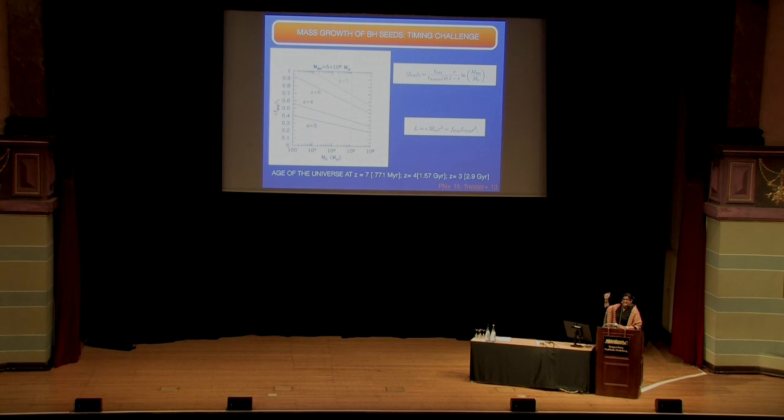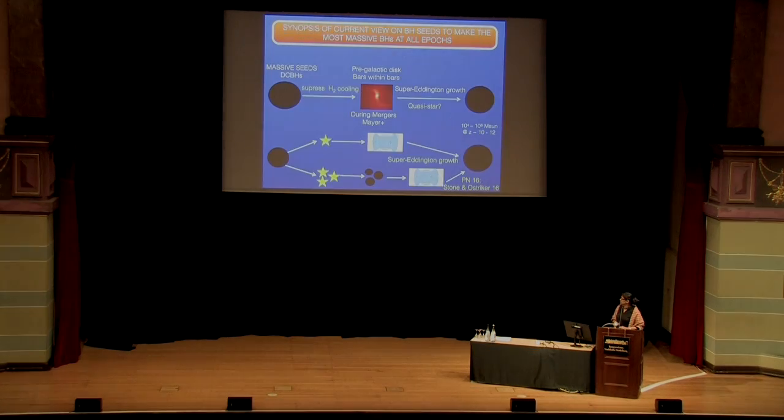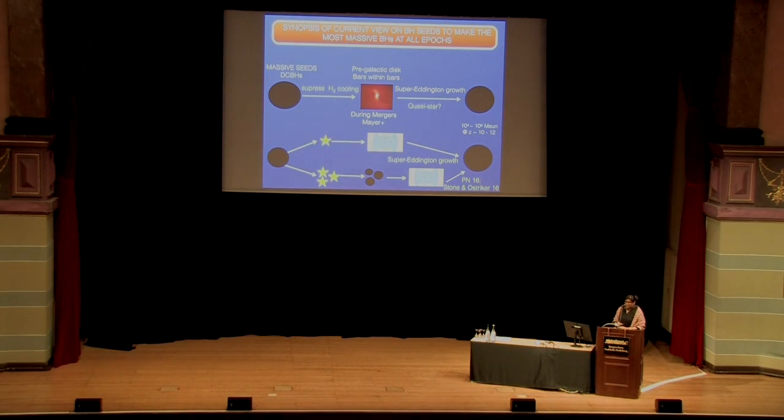Of course, if you are seeing these very massive black holes at lower and lower redshifts, then the constraints are less stringent. So you could start with much less massive, very light seeds, and you could still work it out. Say, for example, if you look at the redshift 3 brown curve, you see that you could start out with much lower masses and still end up with a 10 to the 9 solar mass black hole. So this is really the key timing challenge. And so what this suggests automatically is that, if you start off, obviously, with more massive initial seeds, this is